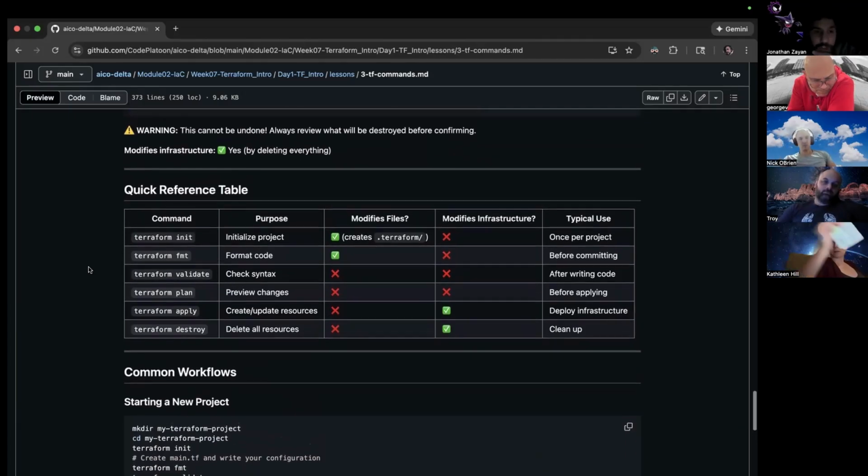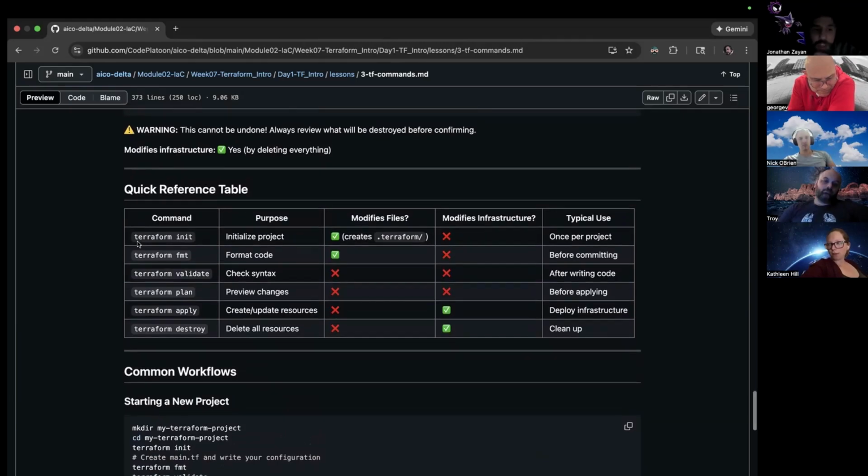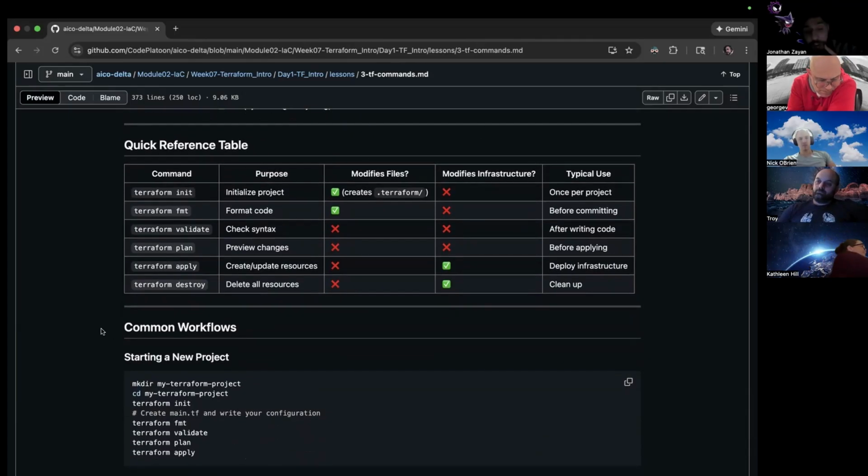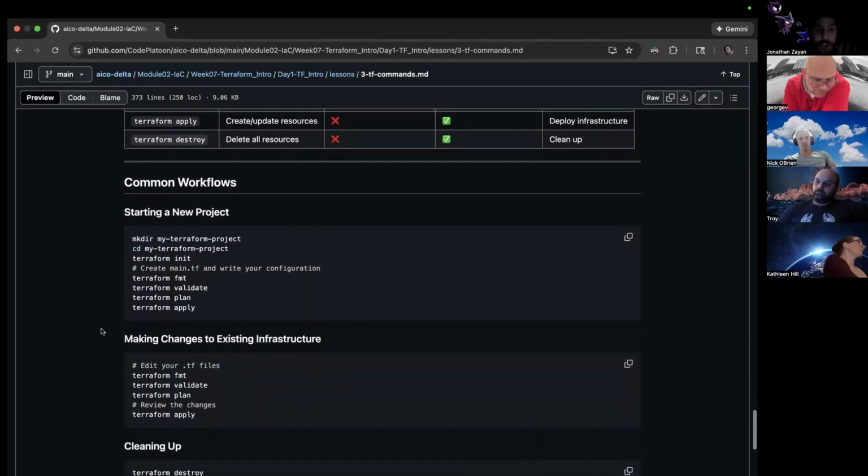Okay, cool. So essentially you have a file with configs, and remember, this is at a very basic level. Then these are what you're going to run to actually get those configurations into place to get the Terraform rocking. All right, so common workflows.